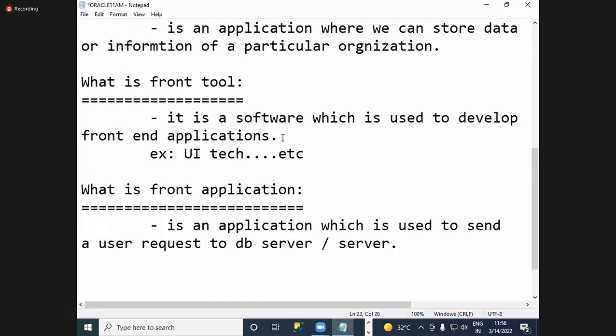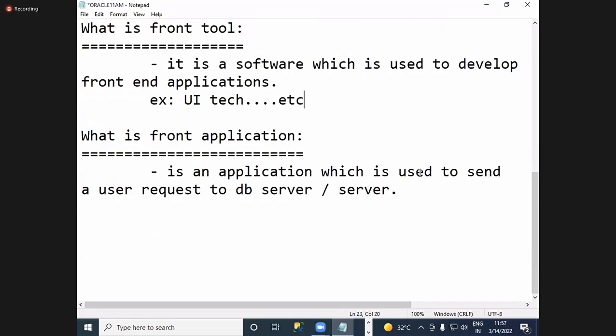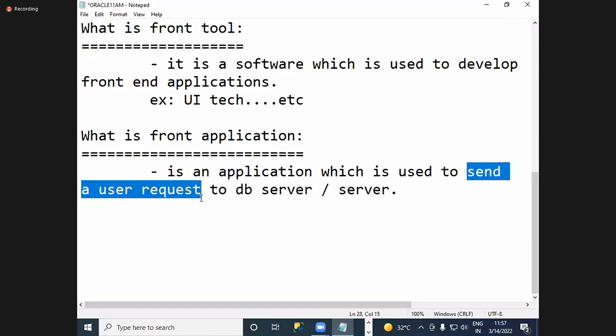So these are your front end side tools, and in the bracket if you want to write, you can write HTML, CSS, JavaScript. All of that comes to your front end side. And those things we are using to develop what now? Front end applications here. And for what purpose are we using a front end application, guys? To send user requests. Because whenever a user wants to send some request to my database server, I can't send it directly. So I need some interface, and that interface is called what now? Front end.